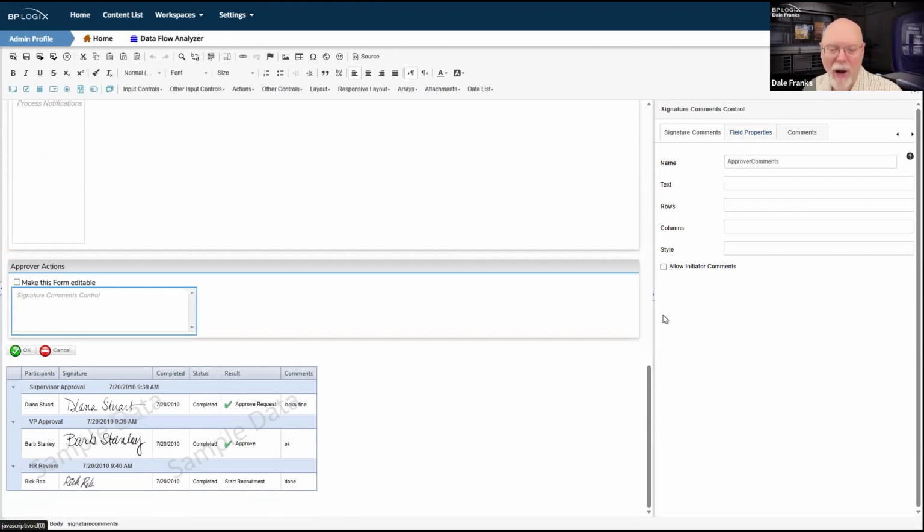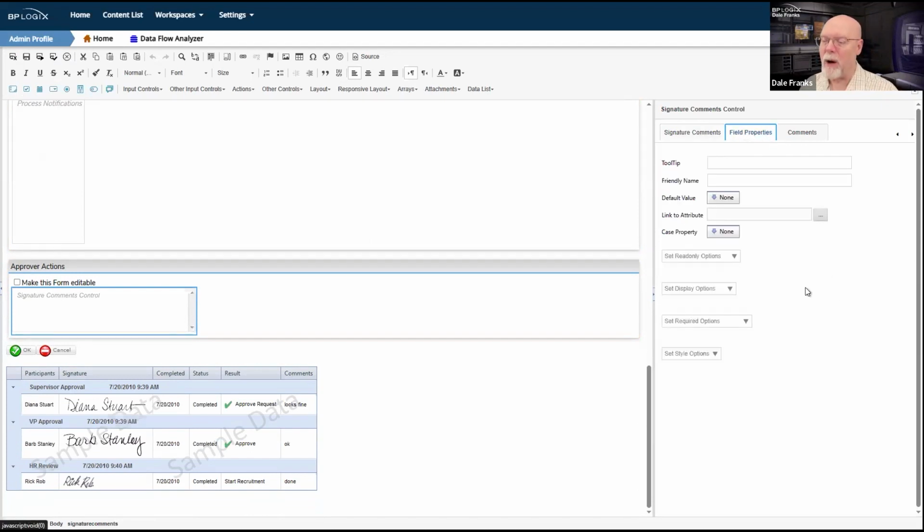There's only one problem with this. While it looks like a form control, and while I can edit its properties or its field properties as if it were a form control, it's not a form control. It is a process control.